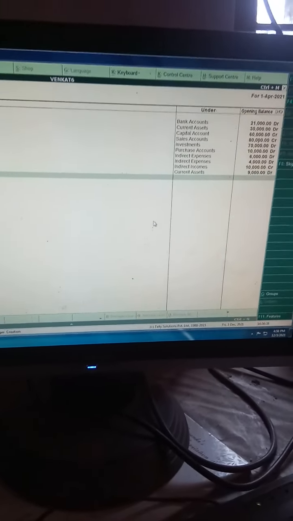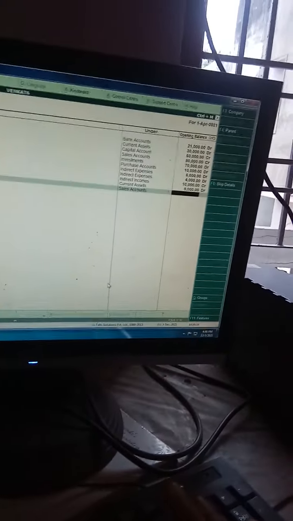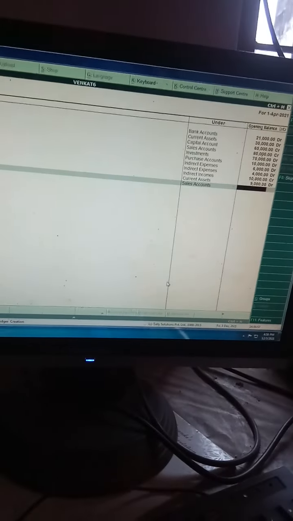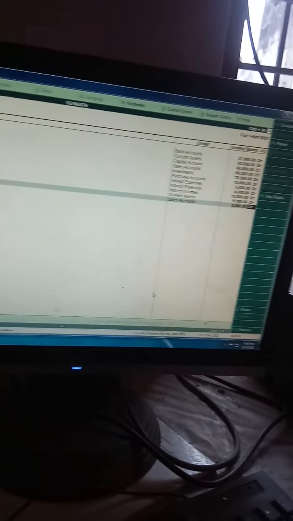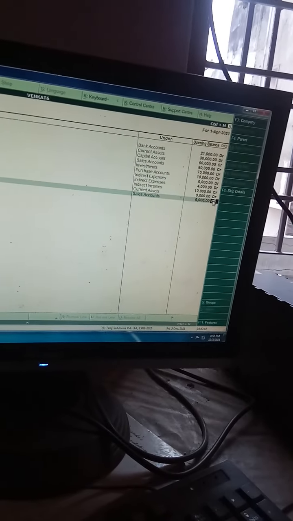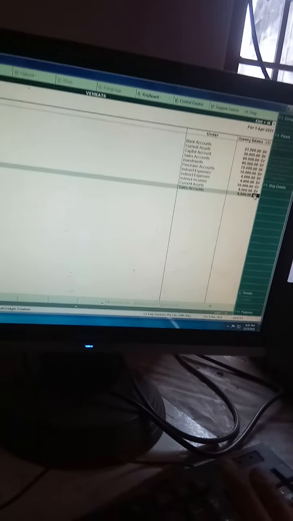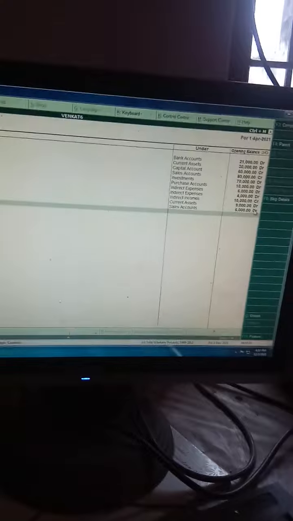Then, my dear students, they have given sales returns. Yeah, sales returns, under sales only. Sales returns under sales. So how much? 6,000. Yeah, sometimes it will show credit, my dear students, but the thing is sales return should show debit balance. So here, by making a click, you can enter debit. If you press DR, it will show debit. See, my dear students, that is the important point.